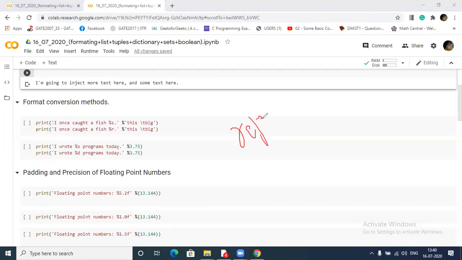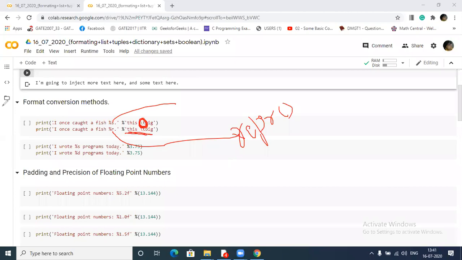And this s denotes string. It will remove this, which is called a formatting character. Slash t means tab, it will act as a tab. But when I use r here, which stands for the REPR function, it will do nothing, it will just print as it is. So, got my point?